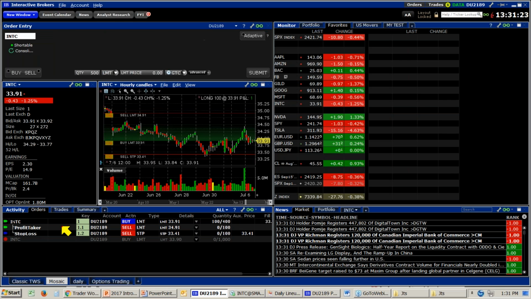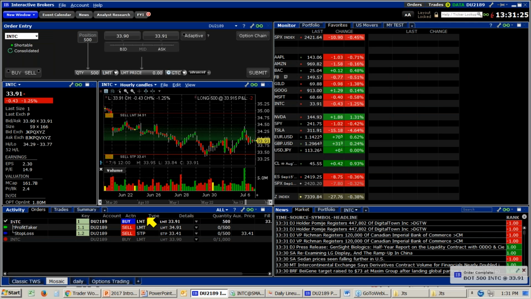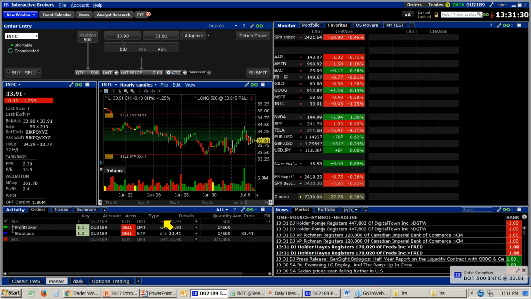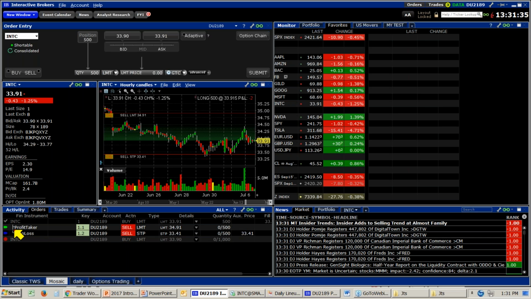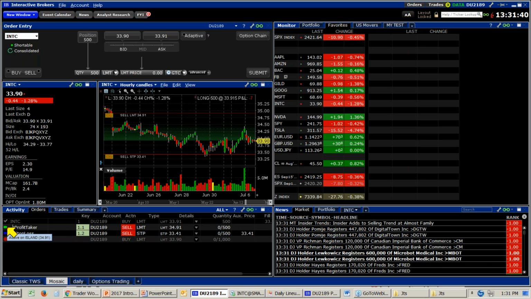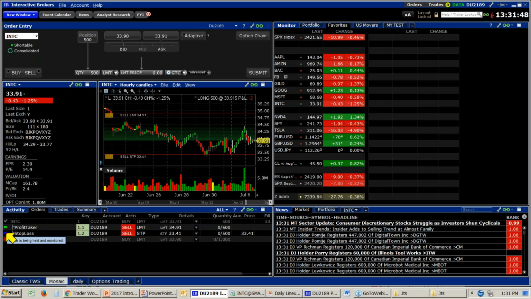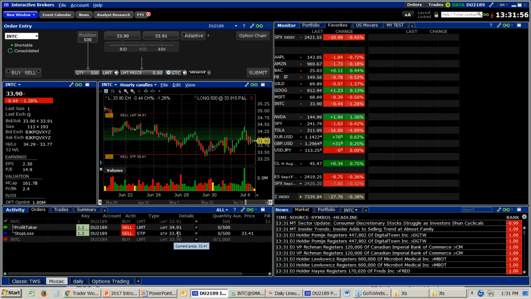And notice that I've now just created, well, I should have adjusted the price, but notice that my parent order just got filled, and now notice that the 2 opposite side orders have activated. Here you'll see that it is just the profit-taking limit order that's exposed to the market, and notice that the dark blue order status is letting you see that the order has been accepted, but is being held at IB until that stop election price has been attained or penetrated, and then that will trigger that